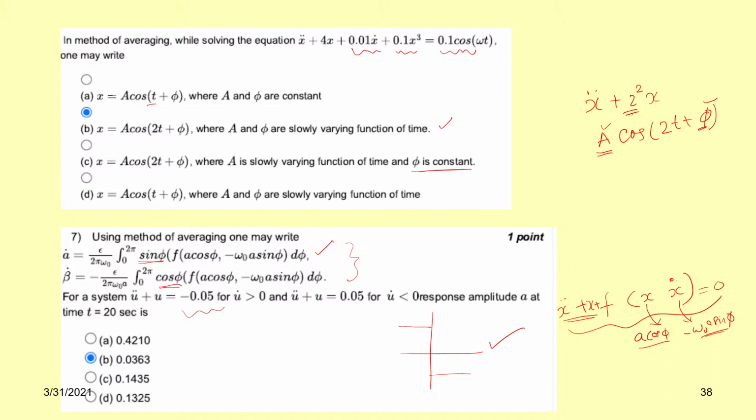and find the solution. You can write a simple code in MATLAB to find this one. This code I have already written and I will send you this code, but you can do it on your own also, and you can find that the result is coming to be 0.0363. Next.